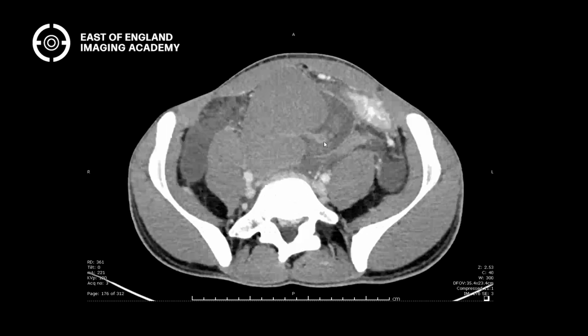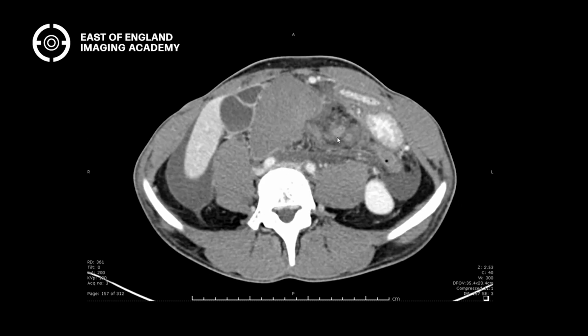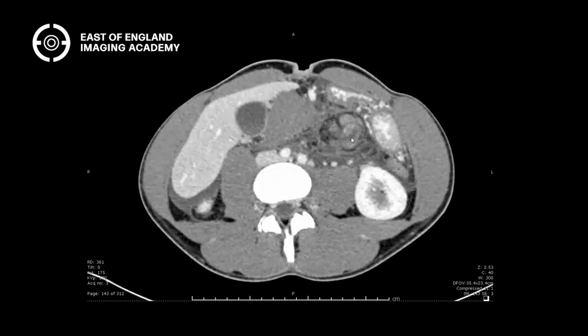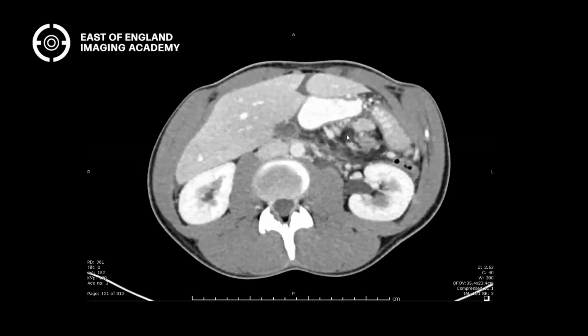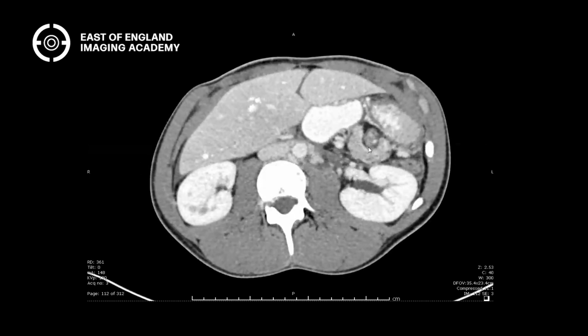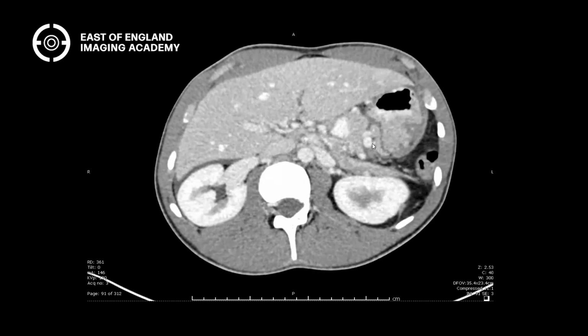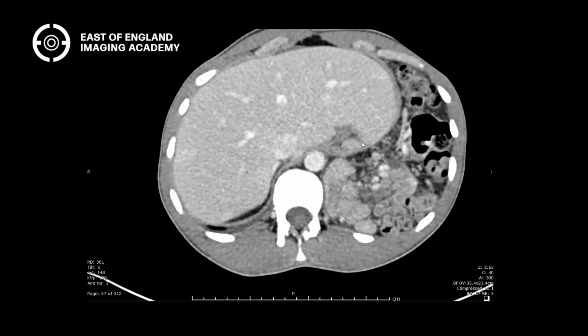So if you follow the splenic vein here, which again isn't enhancing as it should, you can see the vascular pedicle twists and twists. And what's this structure here that's also twisting? That's the pancreas, right? So that's a spiral pancreas. And it all makes sense once you understand the embryology and the anatomy of it all, because you know that the pancreas has to go where the spleen goes because it's stuck onto the splenic vein,